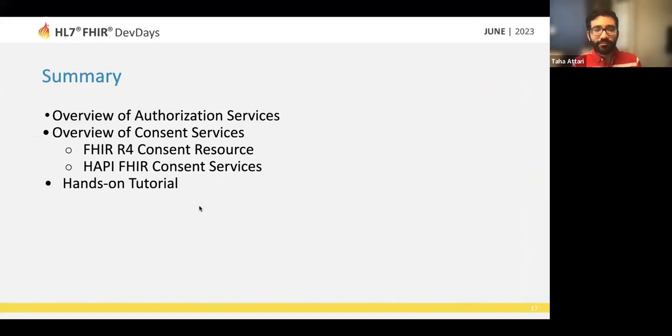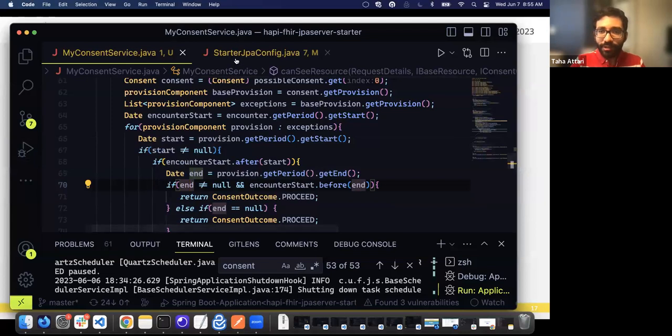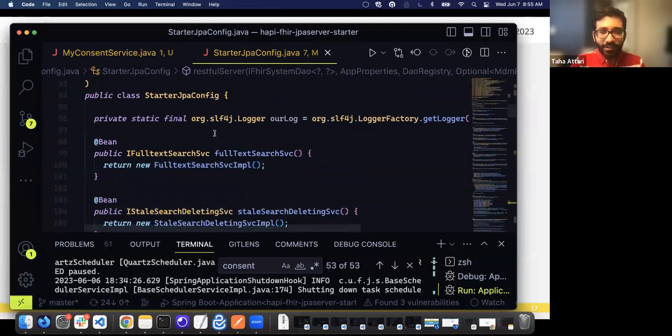And so that's everything for my tutorial today. I hope everything was clear. We had an overview of authorization services, what makes consent services special, the R4 consent resource, FHIR consent services, and a quick tutorial on exactly how you would go about it. One last part specific to HAPI FHIR, just in the interest of